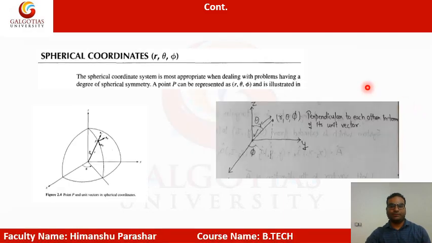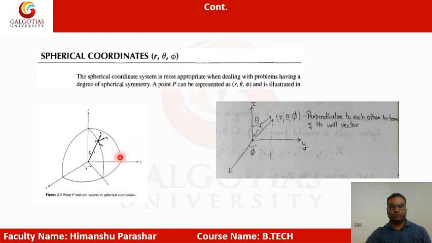The third and last one is the spherical coordinate system. Its coordinates are also different: r, theta and phi, where r is the radius, theta is an angle and phi is an angle, the same as in the cylindrical coordinate system. Like z in cylindrical is the same as in the rectangular coordinate system, likewise in spherical, phi, the last coordinate, is just the same as in cylindrical.